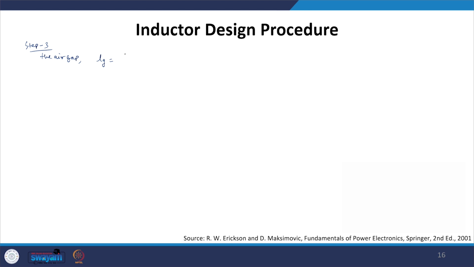So, that is why the air gap is introduced. This air gap value can be given as mu naught AC n square by L. Now, here we know our n value, we know our AC value from the selected core, and we know our inductance value. From there we can calculate the length of the air gap. Again, depending upon the units of this quantity, one must ensure that the Lg value is defined either in meter or in centimeter. So, this is the way by which we can calculate the air gap.